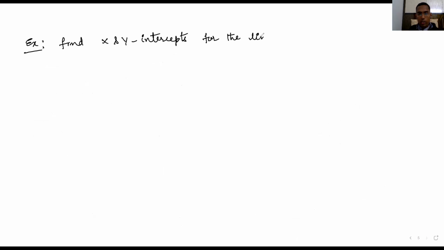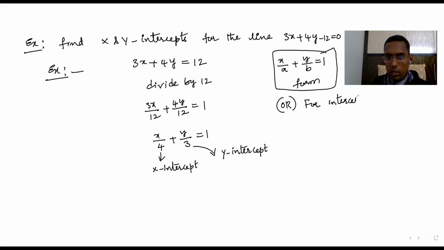So for example, let's say find x and y intercepts for the line 3x plus 4y. Okay, tell me the x-intercept and y-intercept. X-intercept means where it